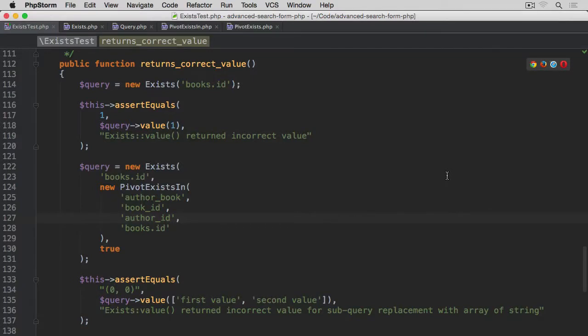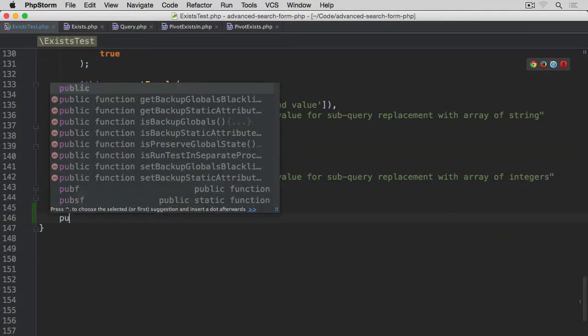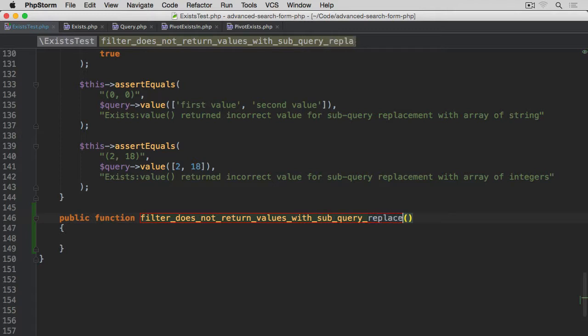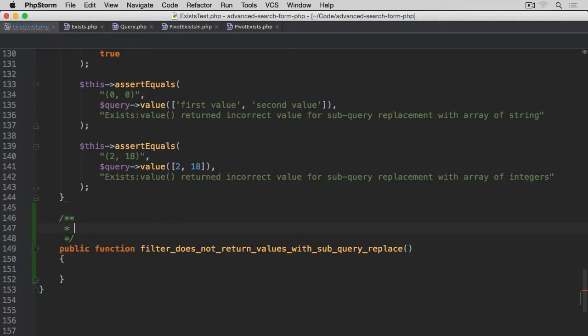In this video, we are going to create a set of tests for the filter that uses the exist class. Okay, if we scroll down, let's start with a public function called filter does not return values with subquery replace. Basically, in other words, when we pass the third argument to the exist constructor. Okay, test,